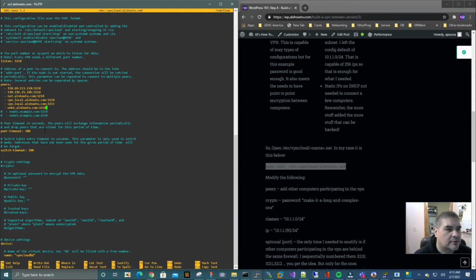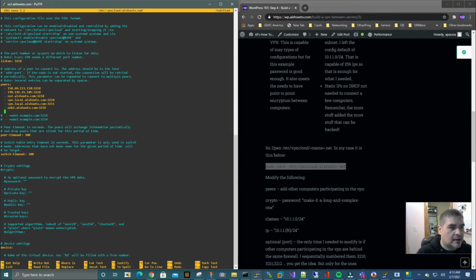So this is the basic setup of what it would look like. And there's another server in this list that I want to add. Like I say, this is YAML, so if you don't put this in the right spacing, it'll fail out. And that's also on 3210. And then there's crypto here. You just set the password. And because I'm doing this video, I'm not going to put the real password in here. I'm just going to put